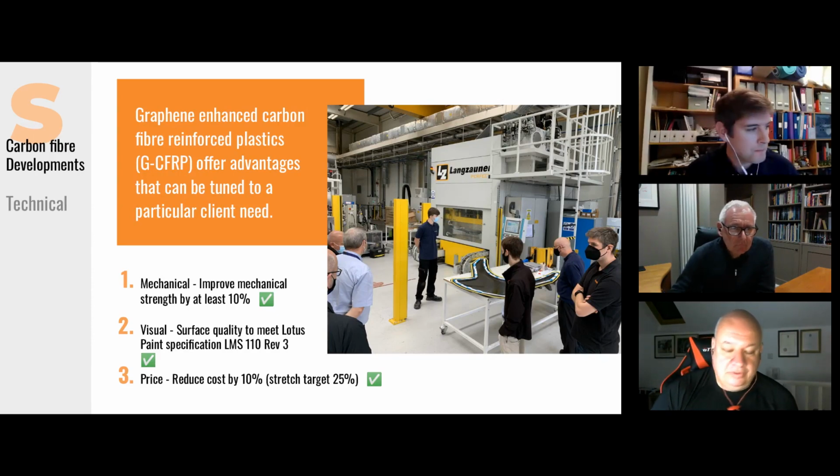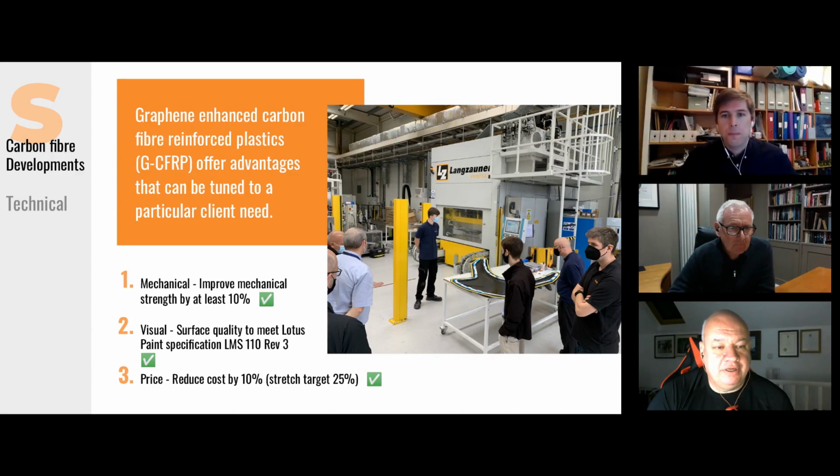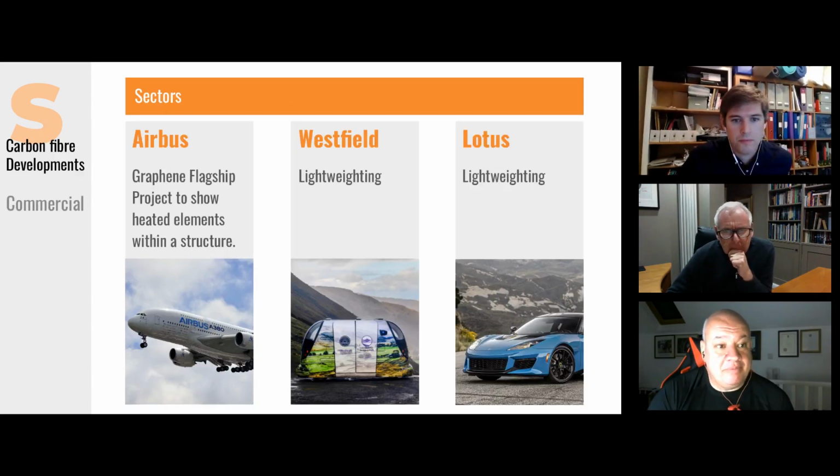Yeah, sure. So, the sectors and the types of clients that we're working with, these are very large organizations compared to Versarion. We've got Airbus that Steve's team's working on through a graphene flagship project. That's a very large project. Feedback from Airbus has been very good. We're creating a name as a safe pair of hands for this development, and that can only be a good thing when you think about how graphene could potentially be used within the aircraft industry. But it will be a slow burner compared to some of the other industries.